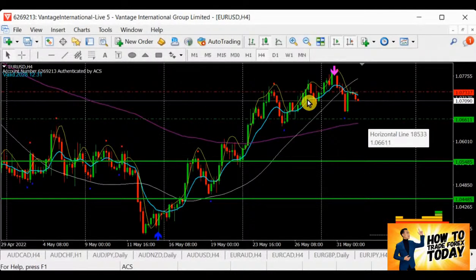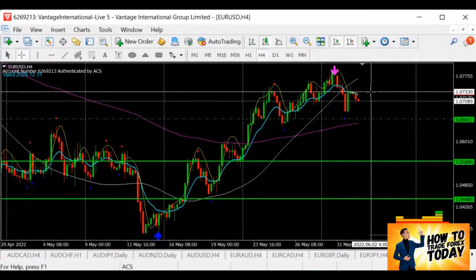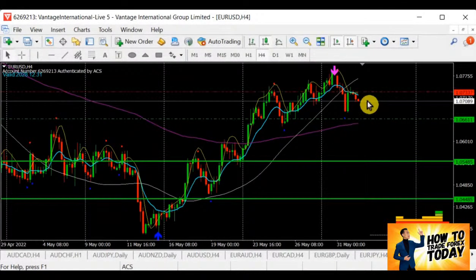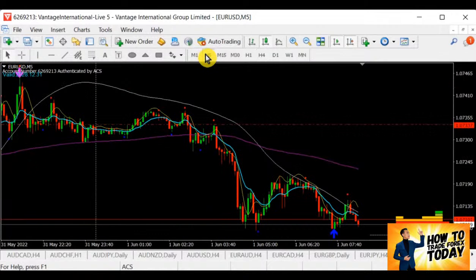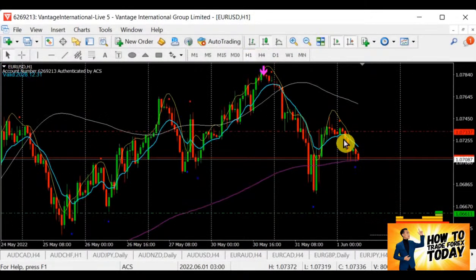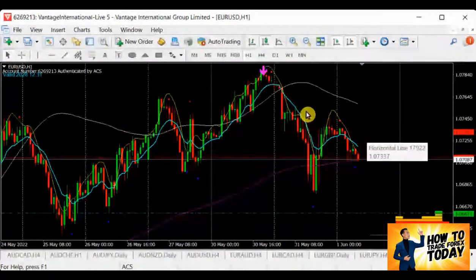Okay, so euro dollar, we are going to sell. It's already started to sell since about 8 hours ago. It's about 25 pips away. Well, I would say that perhaps we still have some chance. Perhaps we have to wait for it to retest the resistance once again in H1. After the retest, if it's not breaking, then probably we will have a chance.